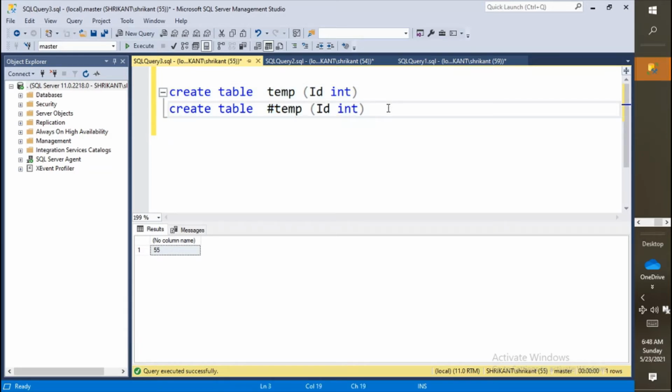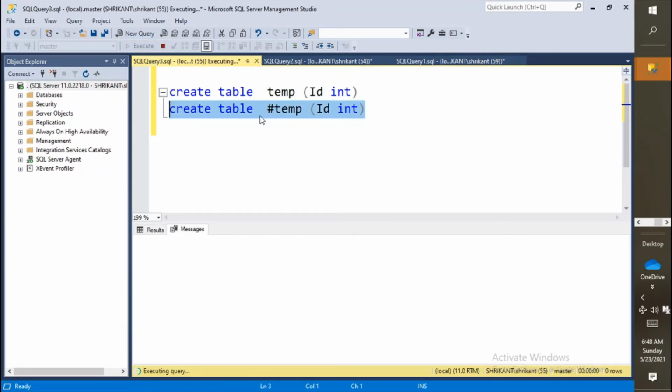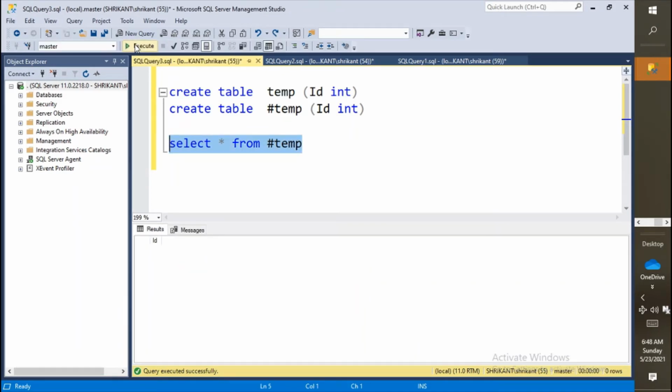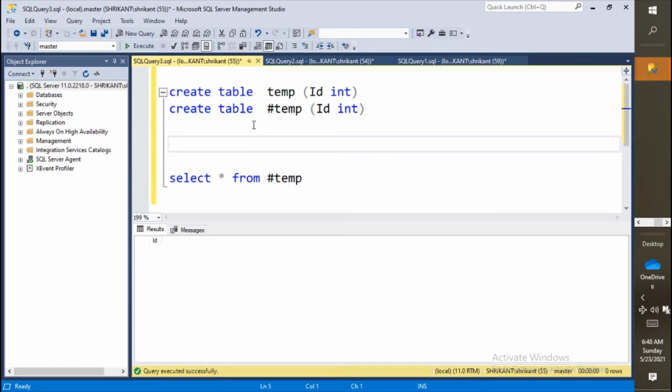So let's do it. I'm going to create this table by just selecting the query and running execute. I just created this table and going down here, I'm going to write a query: select star from this table. The moment I select this query and run it, what will I get? I will get blank data here because I haven't loaded anything into it. Okay, just to see proper data, we are going to insert data into the table. All the same rules will be applicable for the temp table also.